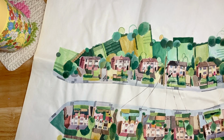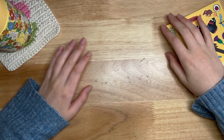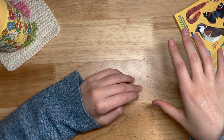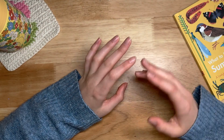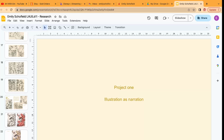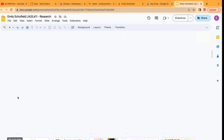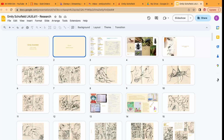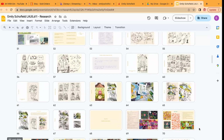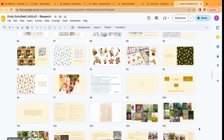So that was the documentation brief. I should also mention, alongside all of this work, we would also be updating our Google Slides, which is how everyone, like the teachers, would see your work. On there, as well as showing all the work you've made, you would also put on every little bit of research that you did